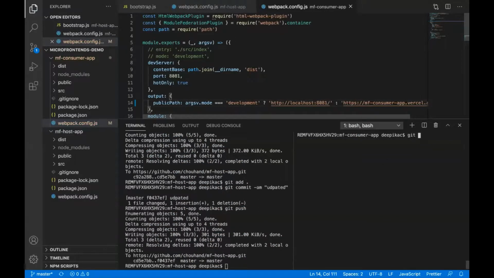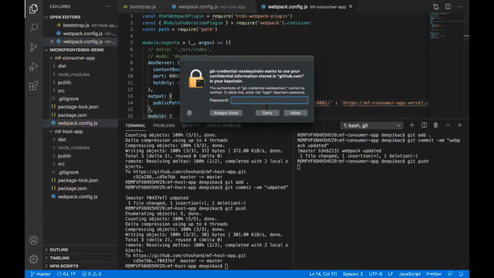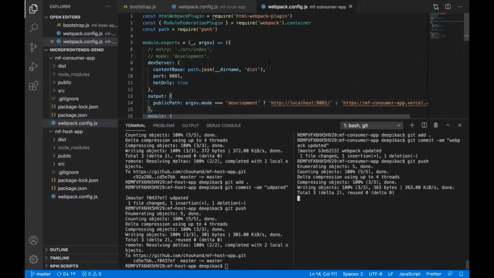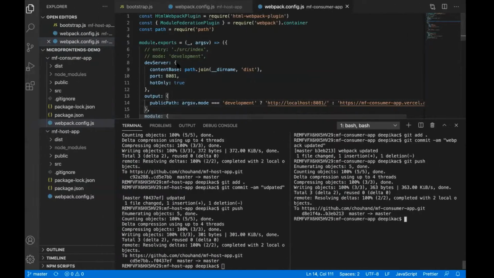Just to be on the safer side, I'm going to push it. Git add, git commit, webpack updated. Don't go for the commit messages. Git push. Okay, pushed.